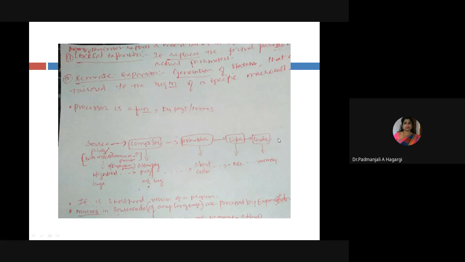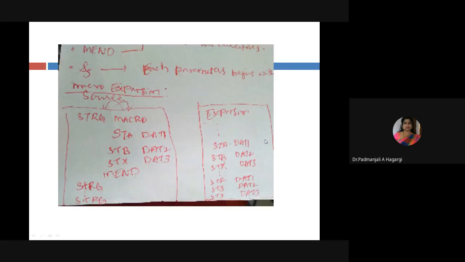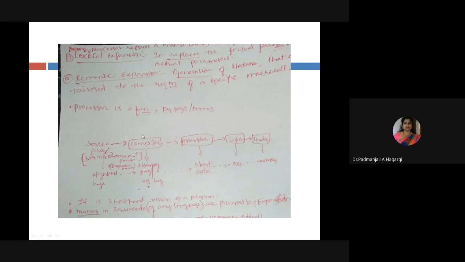To get the output, it has to be processed through all these stages. These all are the stages of the system software, the language processing systems. These are the different phases of language processing.